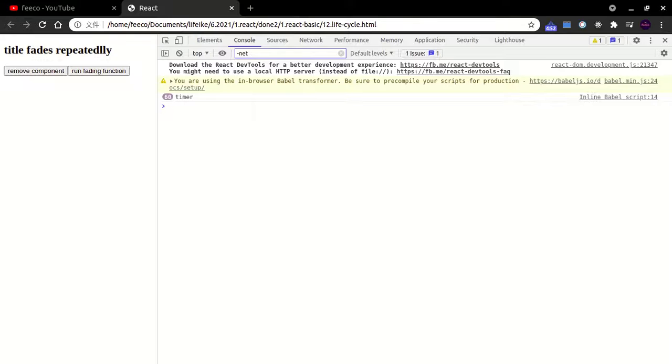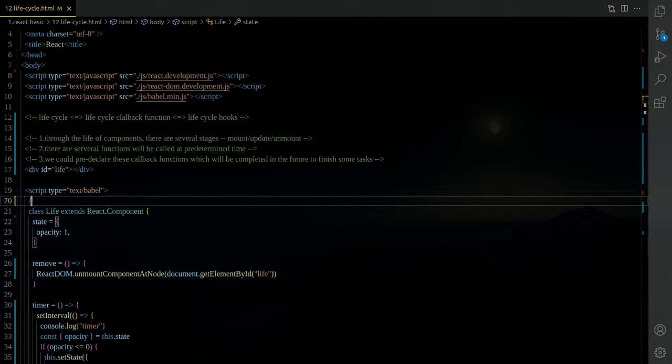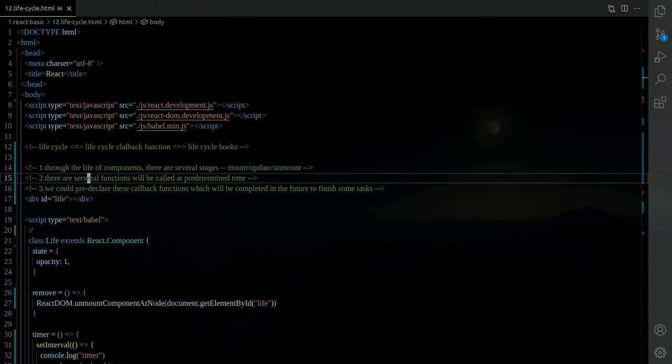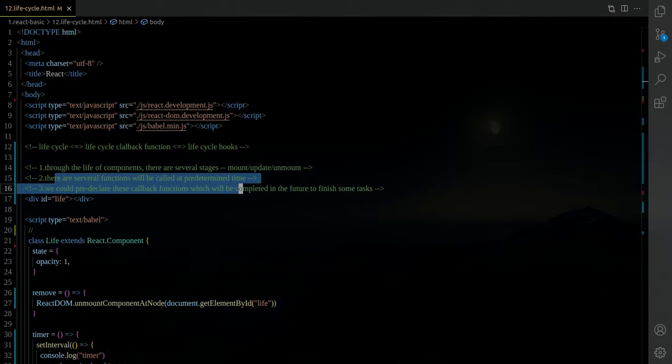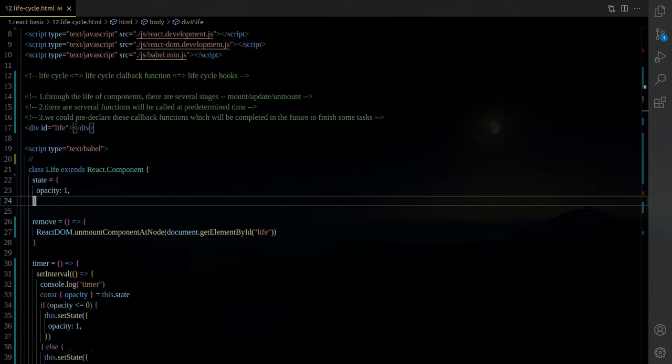But this is not what we want eventually, because I don't want this button. I just wanted this function to run once the page loaded, once the page after loading. So back to the concept or definition of the life cycle. As you can see here, there are several functions that will be called at a predetermined time. We could just declare these callback functions, which will be completed in the future to finish some tasks. So